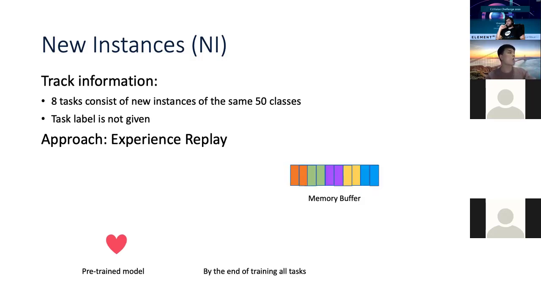So when we finish training all the tasks and before we go to the final evaluation, we actually select some of the samples from the memory buffer, and then perform another round of training. So this is like before the final exam, I will review some of the notes to remind myself of all the knowledge I have learned. So we basically do the same thing here. We ask the model to review some of the samples from the memory buffer. So this is the basic idea of our approach.